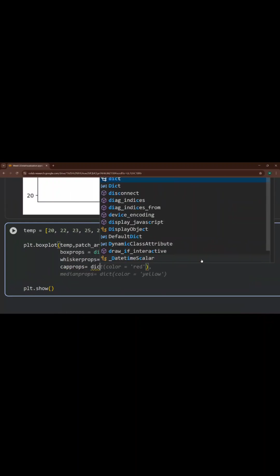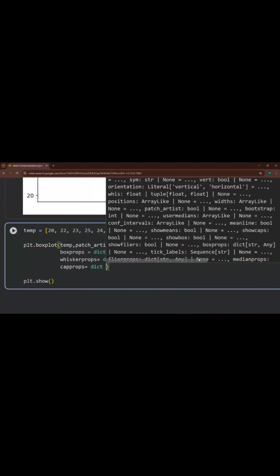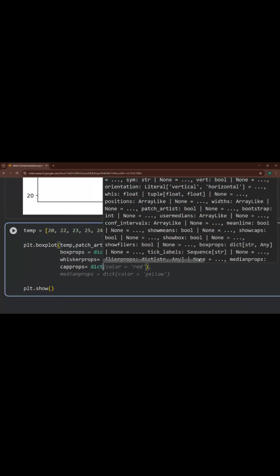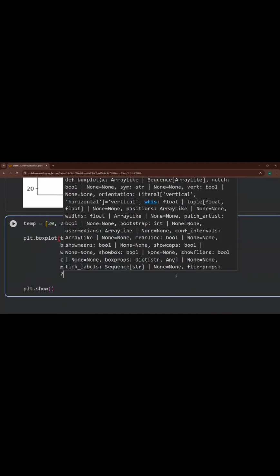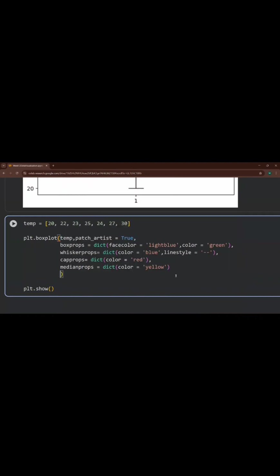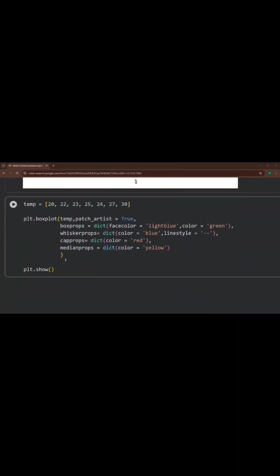There again, you have to put it as a dictionary. Yes, median props and all is done. No issues, Vivek.